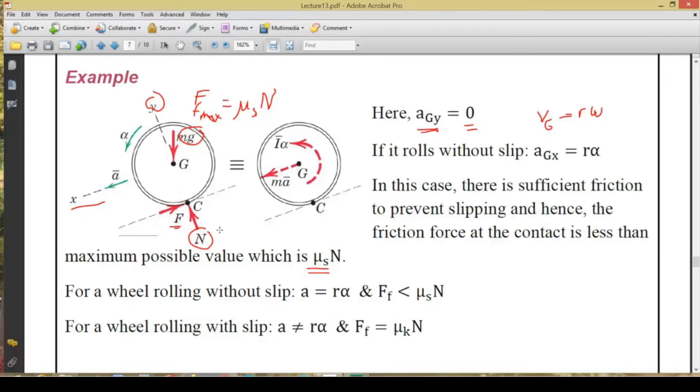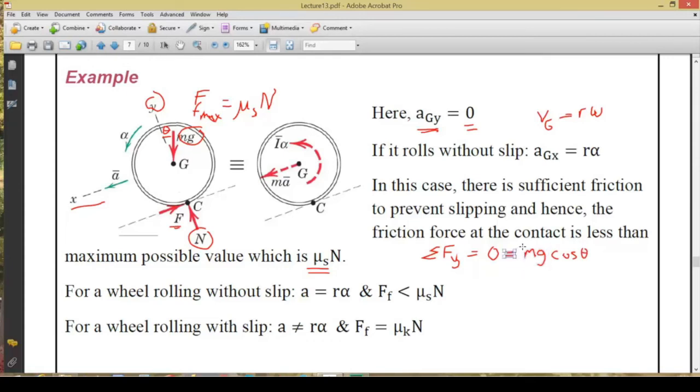Do we know n? Actually, yes, we can find n by writing a scalar equation in the y-axis, and the resultant of that will be equal to 0 because there is no motion in the y-axis. But the forces acting in the y-axis will be some component of mg, depending on its angle here. Let's call this angle theta at the moment. So there will be mg cosine theta